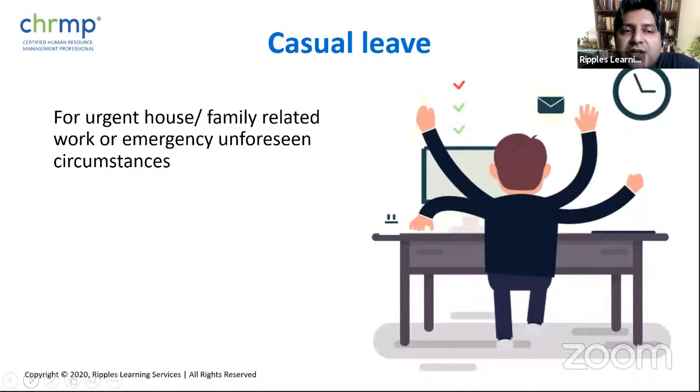When we talk about casual leave, we are talking about anything to do with urgent matters, not necessarily health, but there can be a lot of other things that you cater to, right? It can be your family, some emergency, some homework, some X and Y and Z that you are doing, or some course that you're doing for which you have to take leaves. Anything that can be considered in that can be called a casual leave.